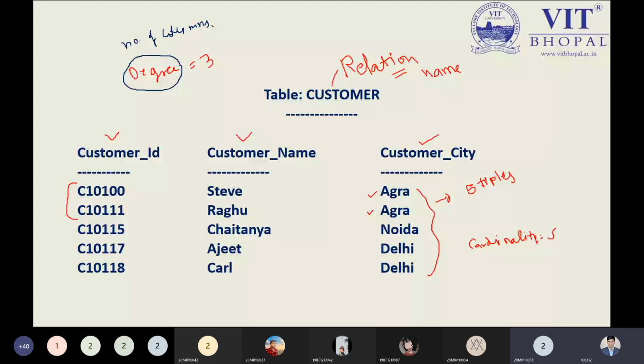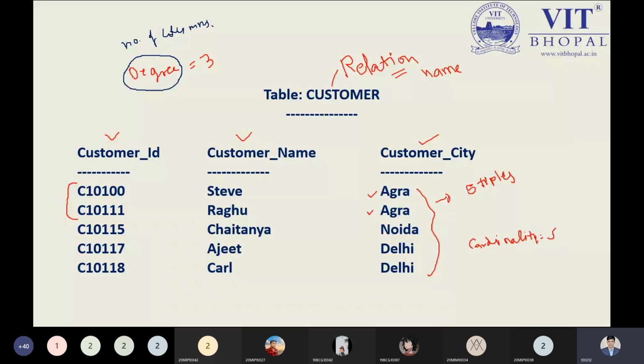So the table or relation we have over here is the customer relation.